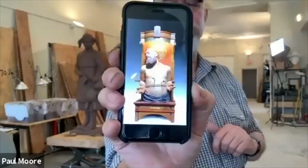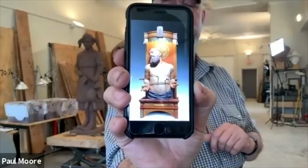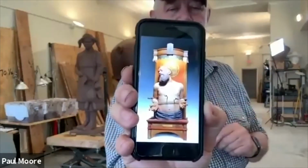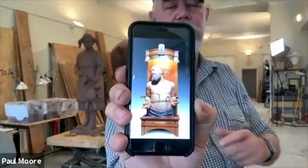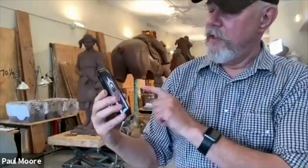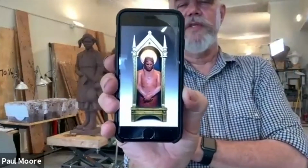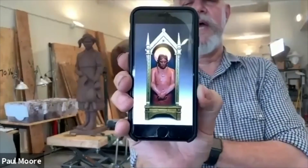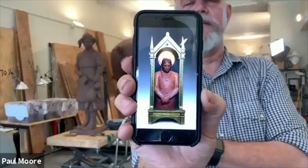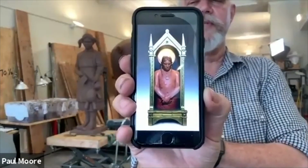So anyway, that's one of the pieces, and it's a life-size upper torso of a figure. We did that in polymer and then painted it a lot like the Spanish Renaissance or Baroque, I guess, Spanish Baroque period. The other one is called Santa Fe, the blending of the cultures, which is showing when they came back into New Mexico, they had to do a much lighter approach, and they blended the natural